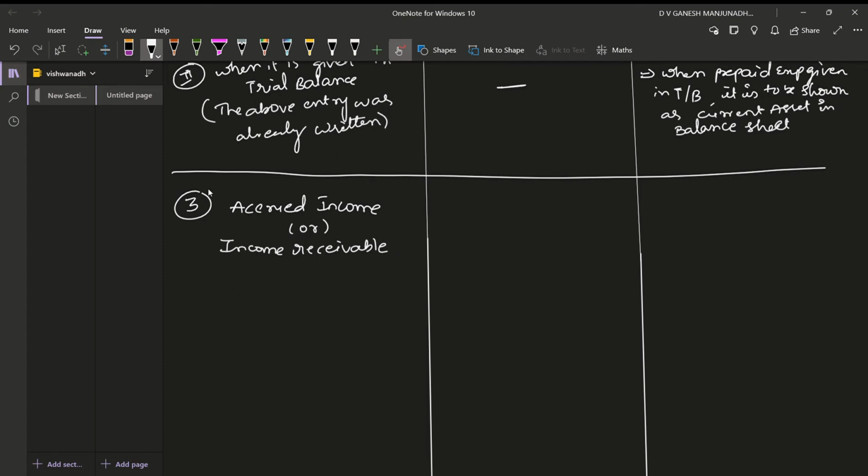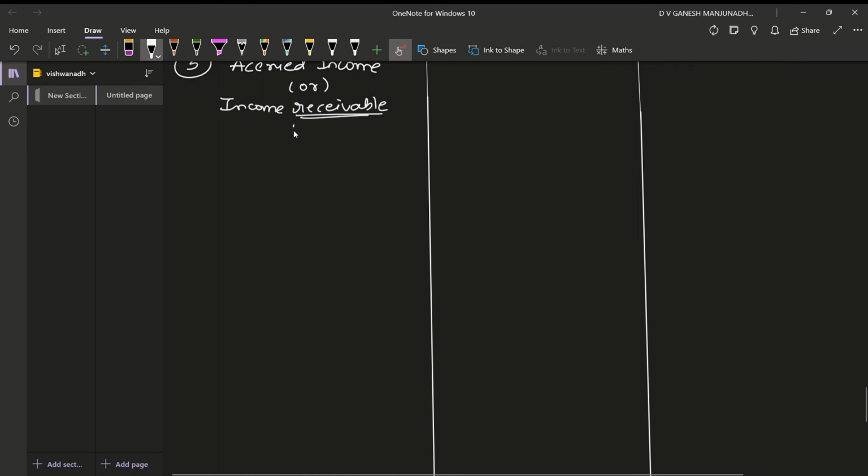The word receivable only says that we have already rendered the services, but we should get the income now. That means it is still receivable. We should consider this as the nature of an asset, which would have a debit balance. So with the words only we can decide which nature it is. Okay, let us know, sir.